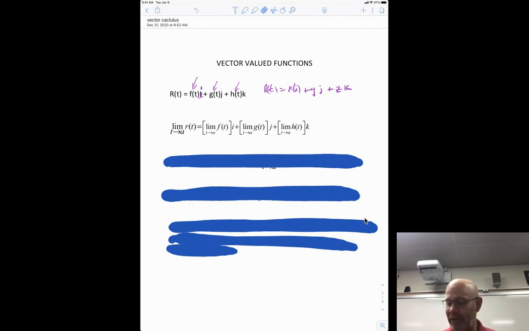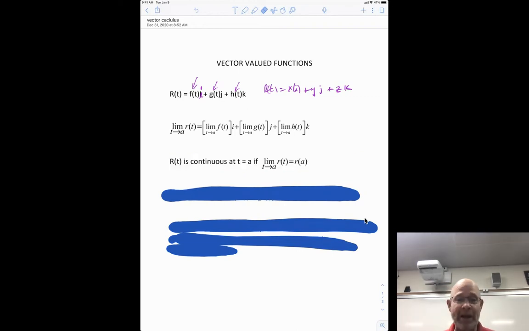So limits are very straightforward. I'm not even going to do an example. Just take the limit of each component. If someone asks you if a vector is continuous, it's the same way, right? It's continuous at t if the limit is equal to the functional value. We won't really do much with continuity with vectors, but I just want to point out that it works the same